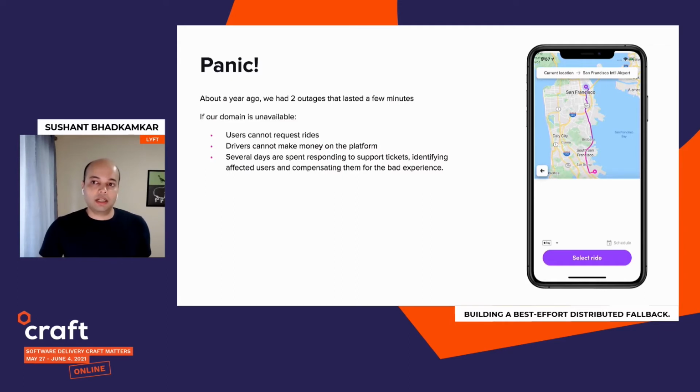If an outage like this happens, we also need to spend some time responding to support tickets, contacting users who were affected, and trying to compensate them for the bad experience. So it generally results in a loss of productivity as well.